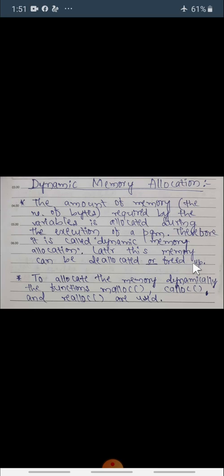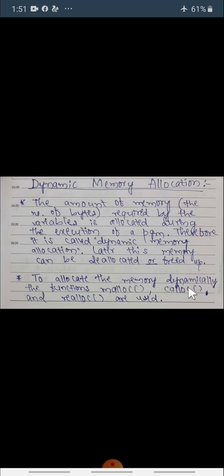During the execution of a program, sometimes the programmer needs to declare some variables. Those variables can be declared during the execution, and memory will be allocated for that variable. This type of dynamic memory allocation and deallocation is possible with the help of pointers.